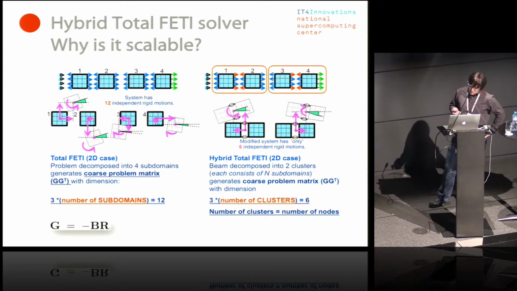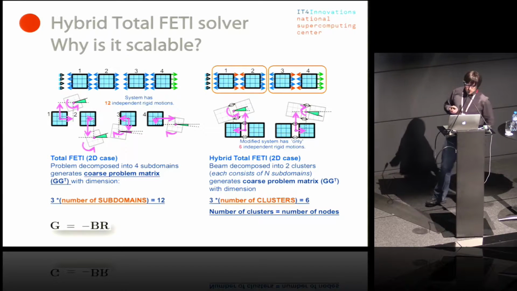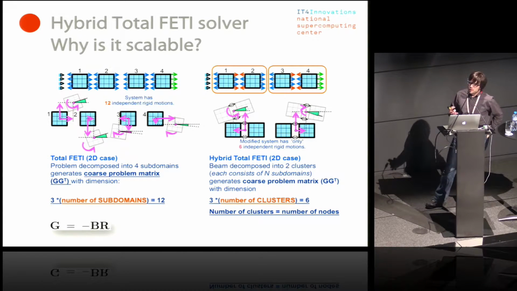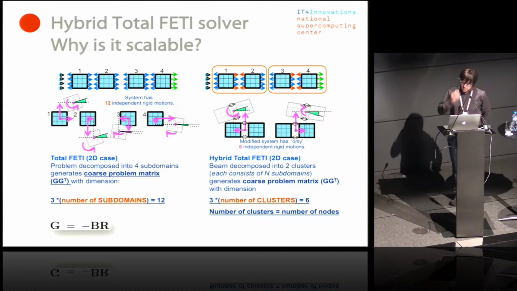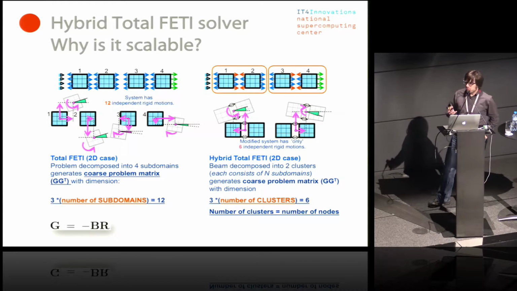So why is the hybrid FETI scalable? For the FETI, each subdomain has rigid body modes. In 2D, we have two translations and one rotation. In 3D, we have 3 rotations and 3 translations. So every subdomain adds its rigid body modes into the coarse problem. If you have 1,000 subdomains in 3D, you will have a coarse problem of size 6,000 by 6,000. And you need to invert this coarse problem because it is used by a projector, and it needs to be